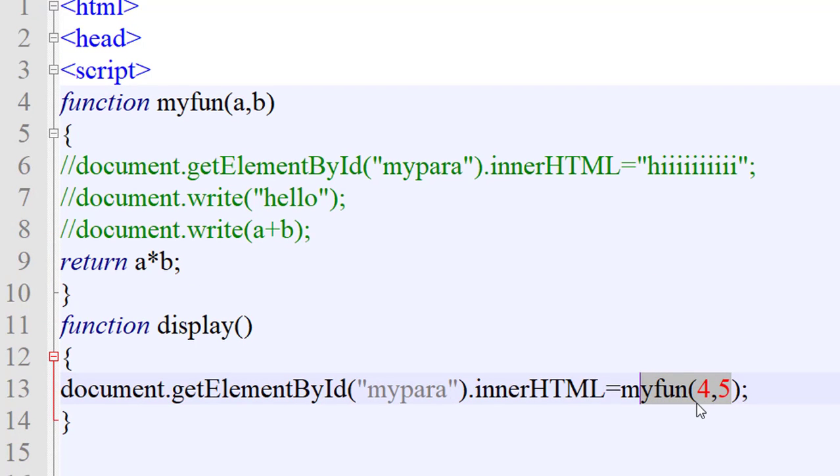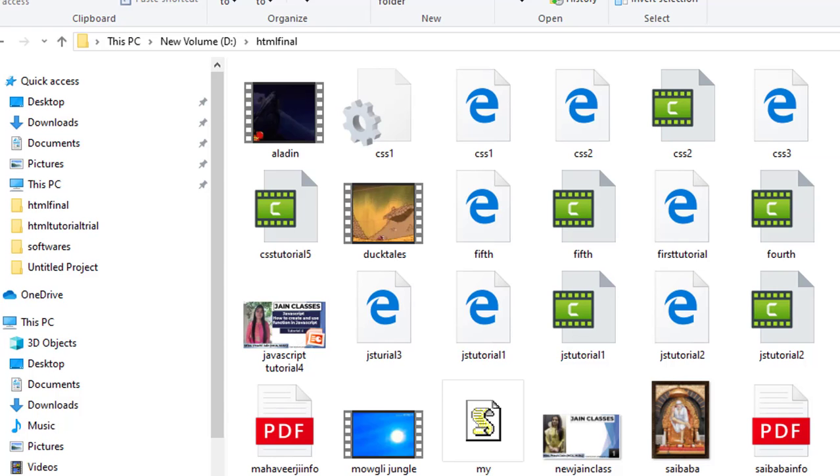We are passing the parameters 4,5. The values present in the parentheses are called parameters. So 4 and 5 are the parameters, 4 for A and 5 for B. That's why the multiplication 4 into 5 is happening. Just save this program and run it. Close this and run the program again.